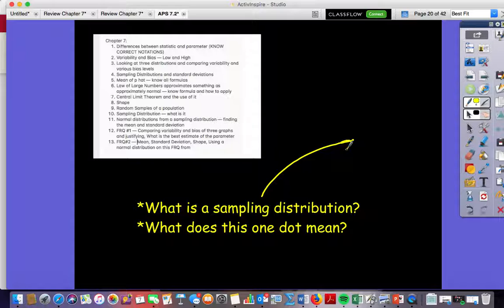The dot right there, I would say that one dot represents one sample of size n that in this case has a p hat value of 0.4, which means that sample proportion is 0.4. And then a little context at the end to spice it up. All right, good stuff. If you did both of those, give yourself a point. If you got half of one right, maybe you got one of them right, give yourself a half.